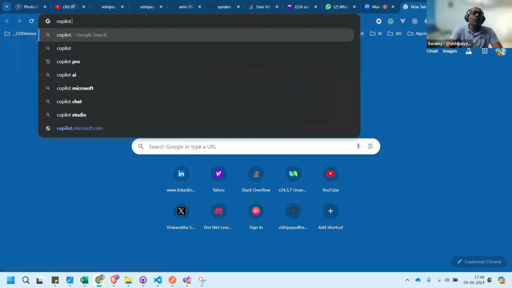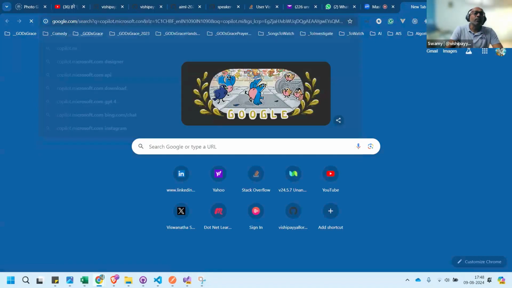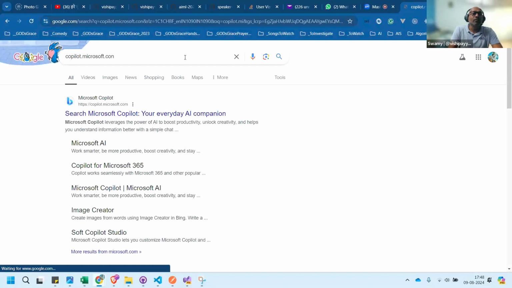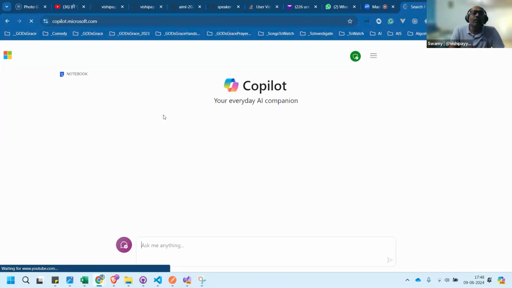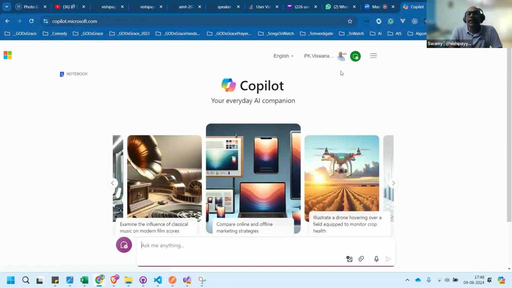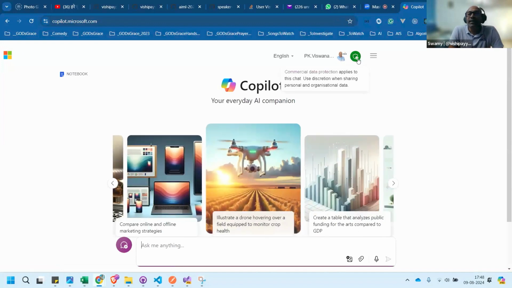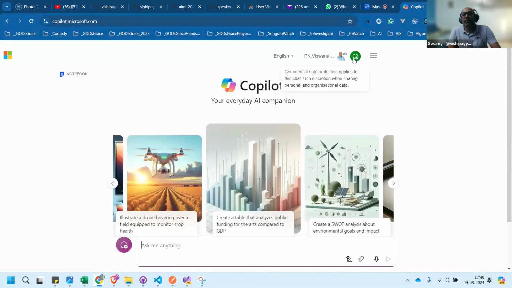Now if you see copilot.microsoft.com, if you use your organization account, you will see that it says commercial data protection. Okay.